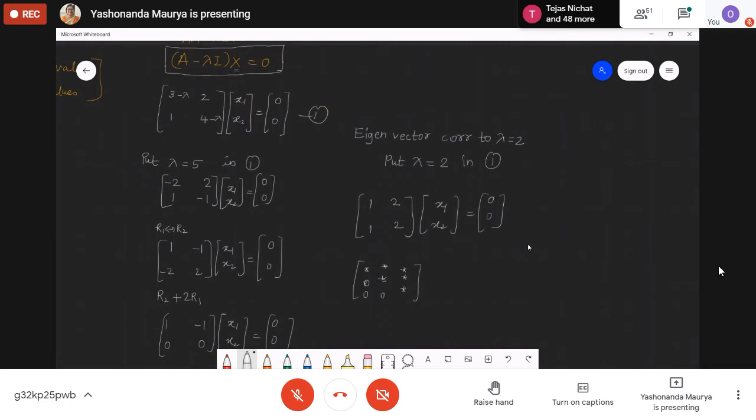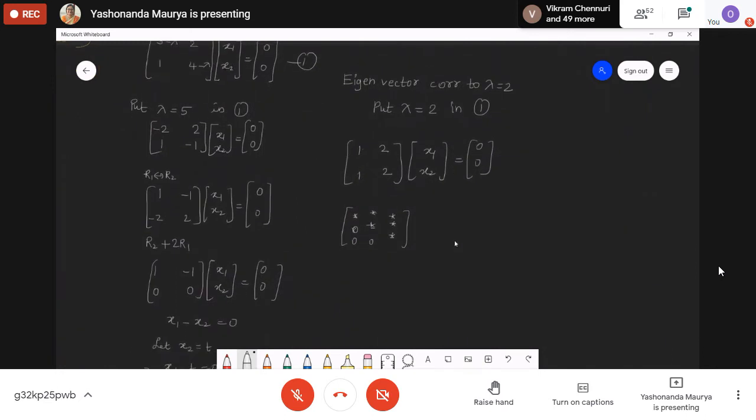This is for 3 by 3, and for 2 by 2 there are 2 diagonal entries, and below that it is 0. So we are trying to make this compulsorily 0. Other entries may get converted to 0, but that is fine. So this is what we have. I just move a little down.